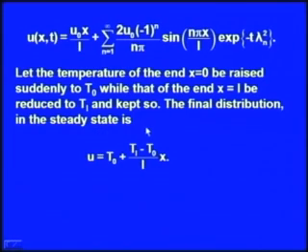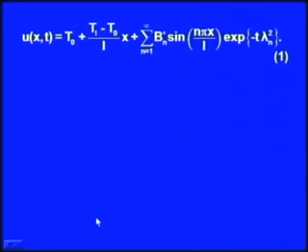because again when the bar comes back to the steady state, u will be equal to a linear function of x. So, u will be equal to a plus b x, and when you find the values of the constants a and b, making use of these conditions that at x equal to 0 the temperature u is T0, and at x equal to L the temperature u is T_L, then we will get the values of a and b. If you write u equal to a plus b x, then a will be equal to T0, b will come out to be (T_L minus T0) over L. So, u is equal to T0 plus (T_L minus T0) over L into x, and then the solution will take the form